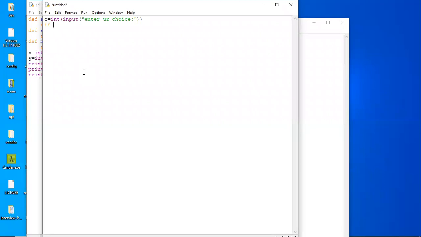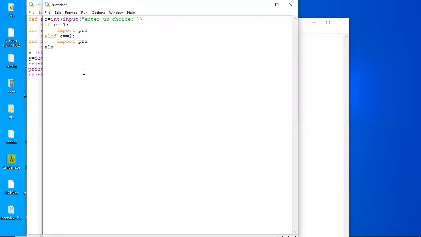Now what I'll do is if c equals 1. See, remember guys, to import any module, we have the import keyword. So here import, what is our first program name? PR1. Whenever you enter user defined input like 1, it needs to take us into the first program. And if you enter input like 2, it needs to take you into the second program, that is import PR2, sorry, practice 2. Good, perfect. Till here everything is okay.